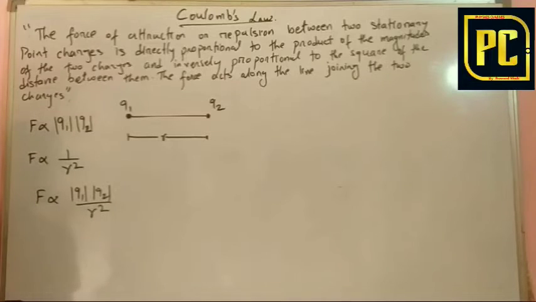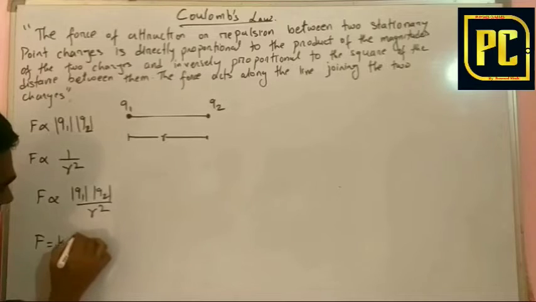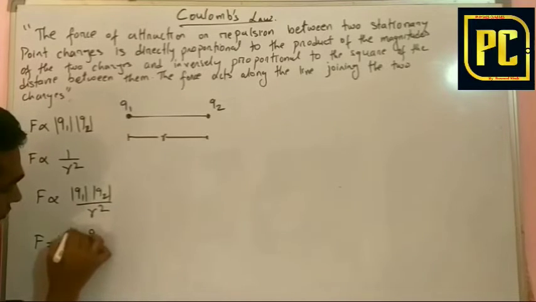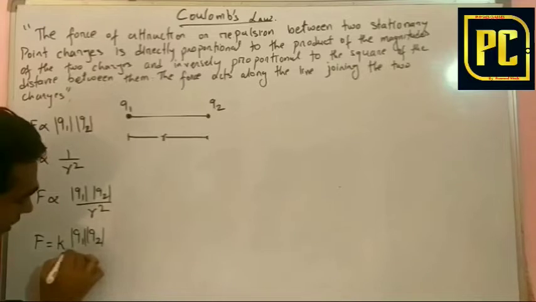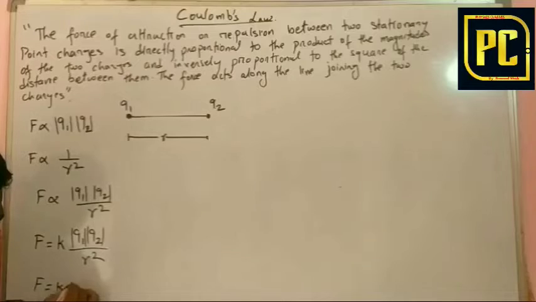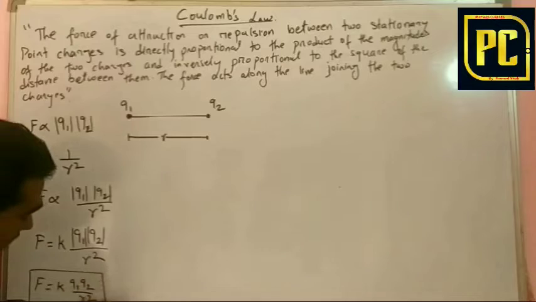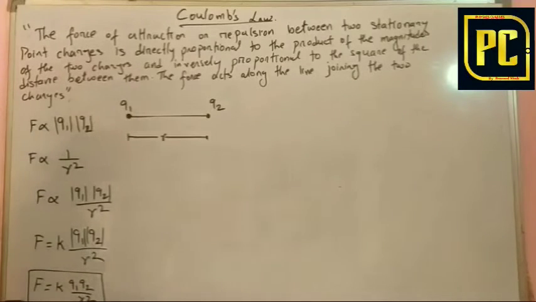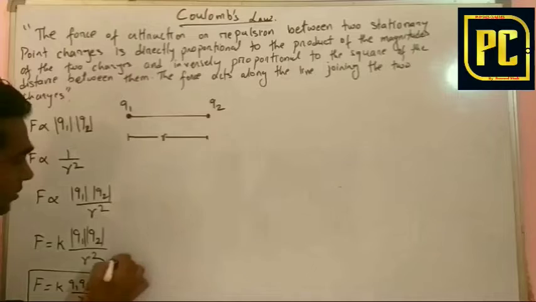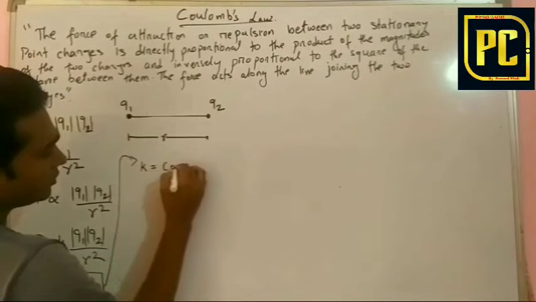Now if I remove this proportionality sign, the force will be F is equal to some constant K times |Q1||Q2| by R square. Or sometimes, to make it easier, we simply write K Q1 Q2 by R square, removing the modulus. Now what is this K? K is your Coulomb's